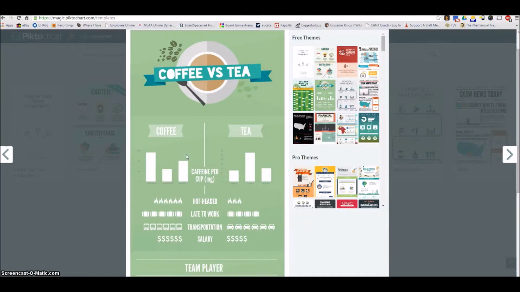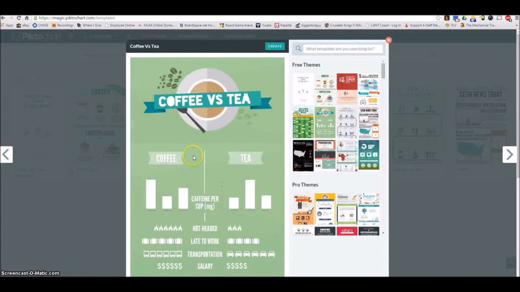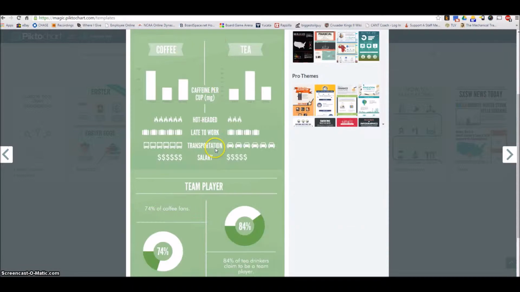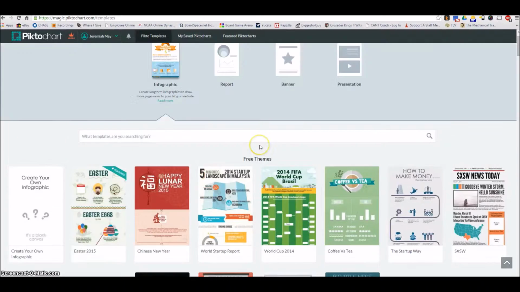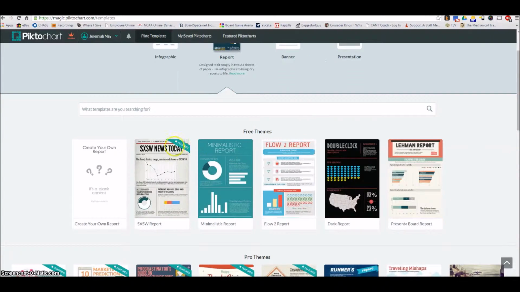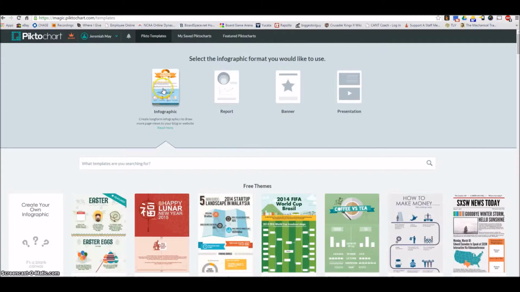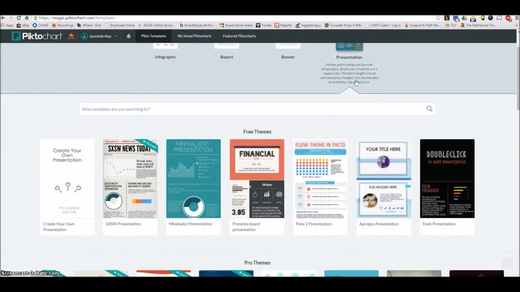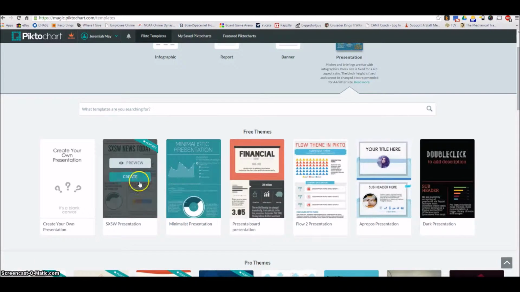Basically, a pictograph, infographic publishing application, or you can select one of these styled. Do you want to use infographic or presentation styled